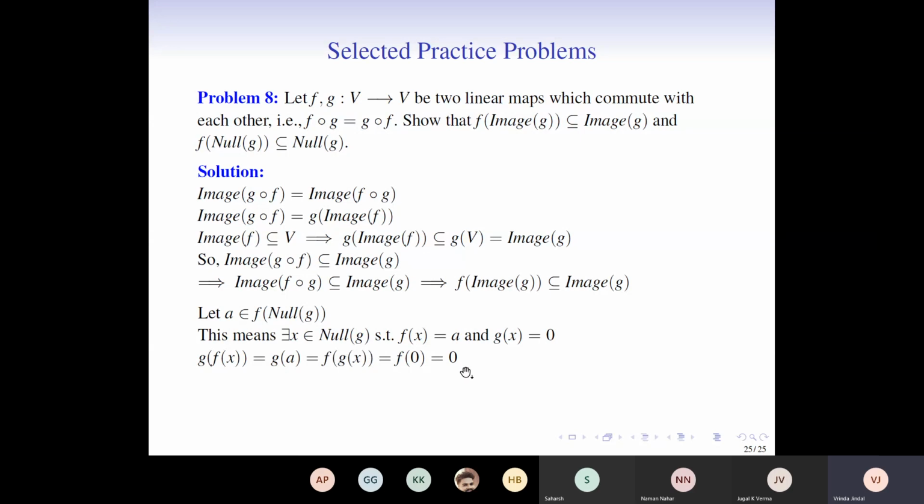So what is f of 0? f of 0 is 0. Why? Because f is a linear transformation, and in a linear transformation f of 0 has to be 0, otherwise it won't be a linear transformation. So what do we get? We get g of A equal to 0, which implies that A belongs to null space of g. So what have we proved? Any vector that belongs to f of null space of g also belongs to null space of g. So f of null space of g is a subset of null space of g, and that is what we had to prove. So that brings us to the end of this